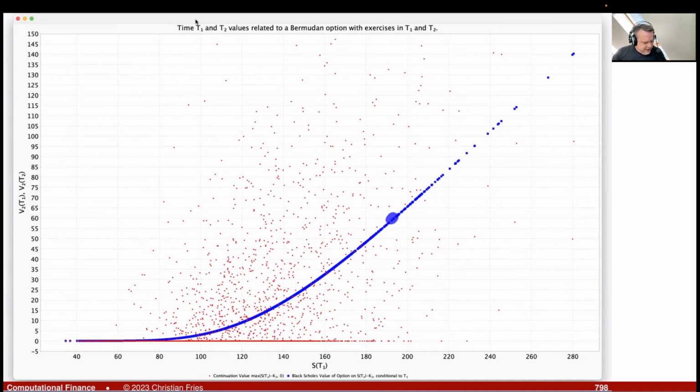So the value that you have here is the conditional expectation. Well, conditional to what? Yeah, conditional to F_T1. But what is actually determining F_T1? So the F_T1